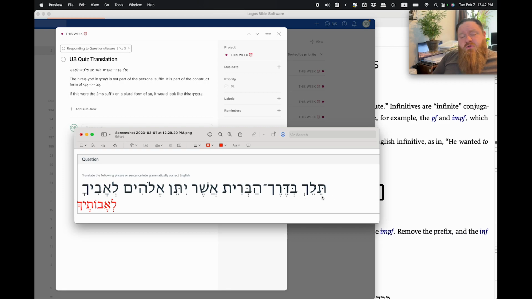So this is a situation where it could be third person, so I'm just going to keep my eye out and see if I can run into a subject, which would usually be the very next word. Now, the very next word begins with a bet, and I see a sheva under it. I immediately start thinking preposition. It doesn't have to be the preposition bet. There are other Hebrew words that begin with a bet sheva, but when I see that, I'm thinking this might